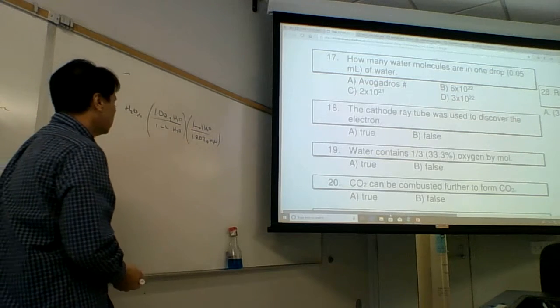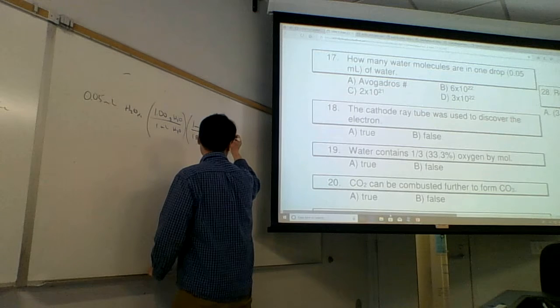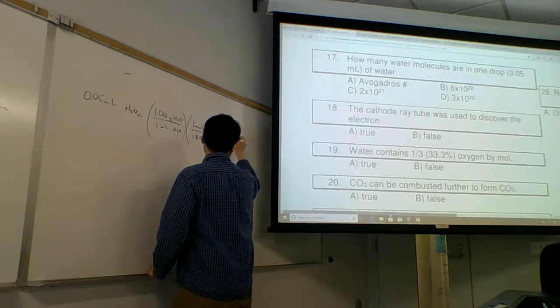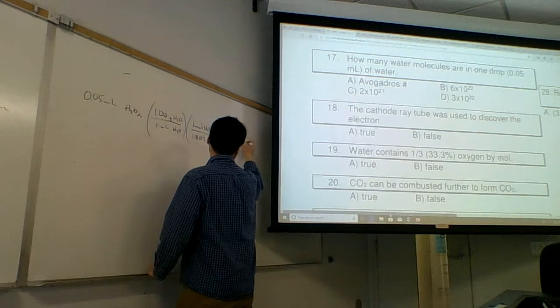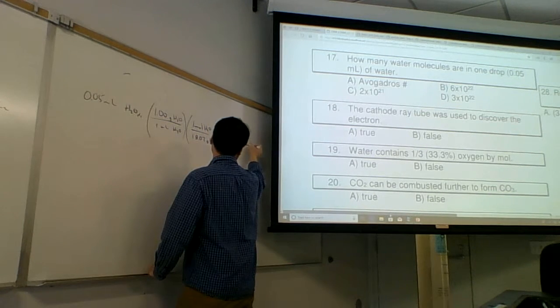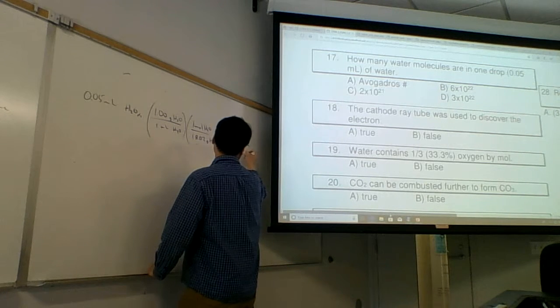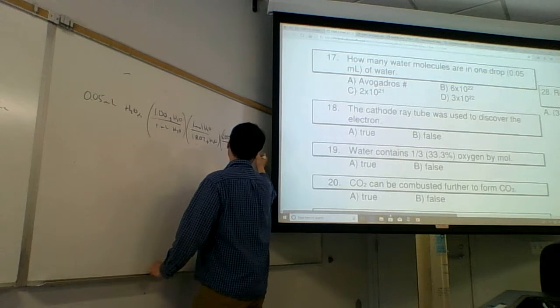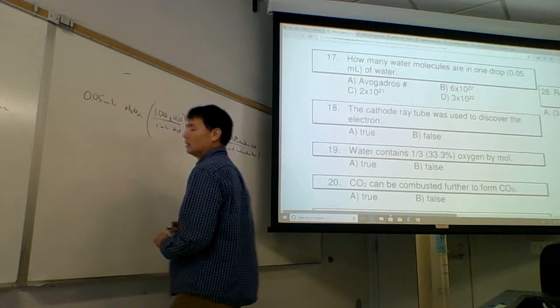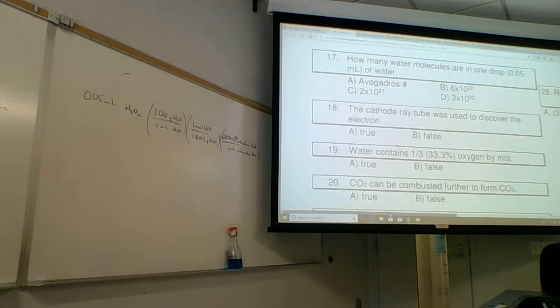And then where did you go? To the number of molecules. So we need Avogadro's number. You have to have it memorized at 4 sig figs. What is it? 6.022 times 10 to the 23rd molecules per mole of molecules of H2O. Yeah. So units work out, and we just double check the calculation here.